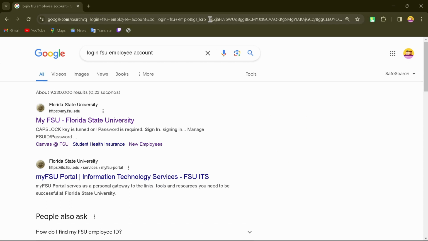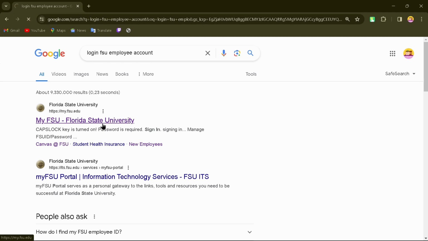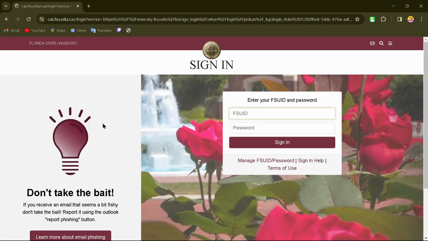After searching for that, you'll come up to this page, and from here what you can do is just simply tap on this first option. So after tapping on that option, now it will take you to this page from which you can just log into your employee account. So now in order to log into your employee account, what you have to do is just enter your FSU ID number and then enter your password. After entering the following details, you can just tap on sign in, and after tapping on sign in, you'll successfully